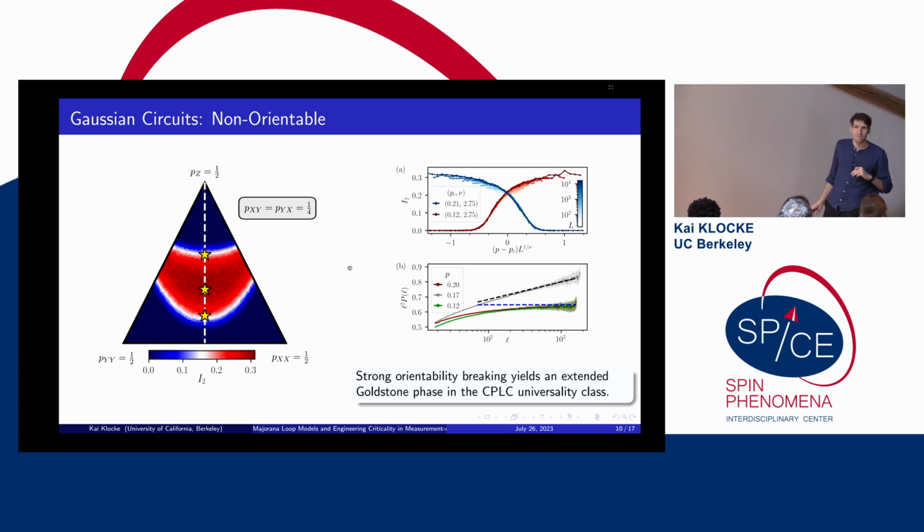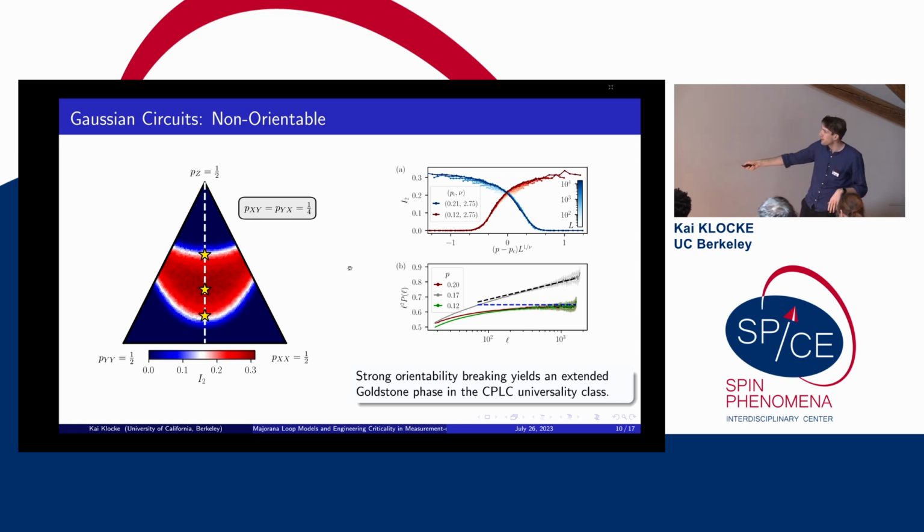Okay, sure. Second, to do large system numerics, you must be assuming a Gaussian state. So that's the starting point. That's why it's all tractable. Exactly. So then, if I break orientability by explicitly choosing operators that make this lattice